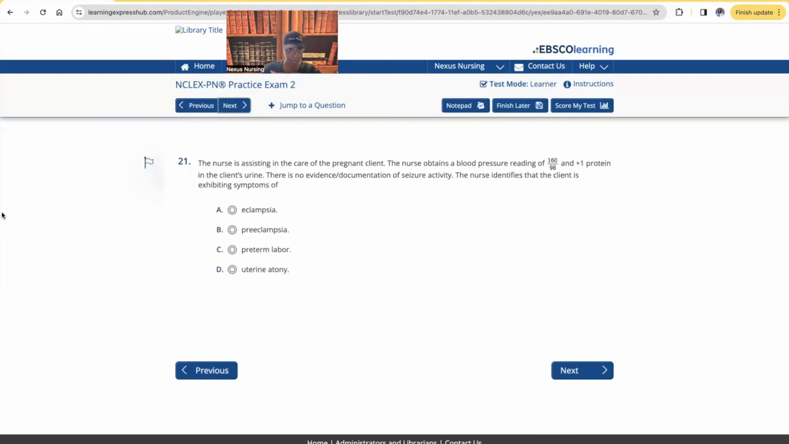Here's the first question. The nurse is assisting in the care of the pregnant client. The nurse obtains a blood pressure reading of 160/98 and +1 protein in the client's urine. There's no evidence or documentation of seizure activity. The nurse identifies that the client is exhibiting symptoms of eclampsia, preeclampsia, preterm labor, or uterine atony. What do you guys think? Okay, and so the correct answer